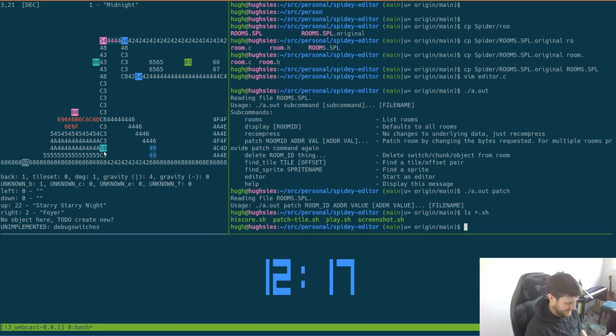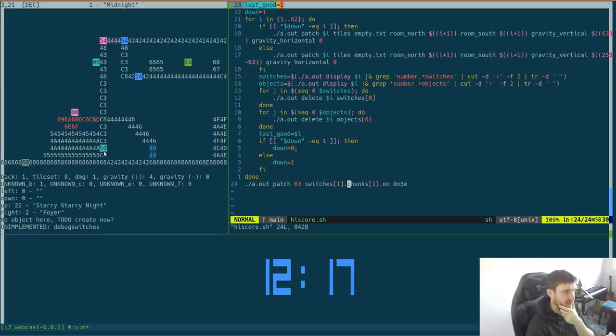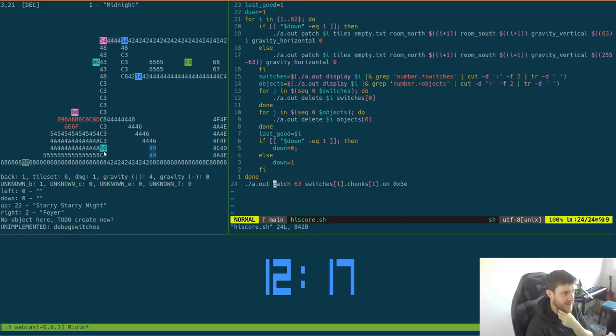I mean, we can potentially see what it does. It kind of just gets an empty room and does some things, and then just patches something in the last level. Yeah, so it patches a thing. So if we turn it on,